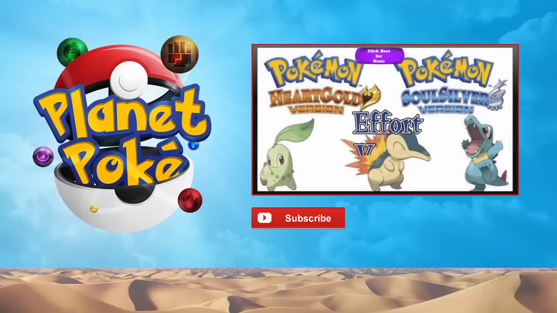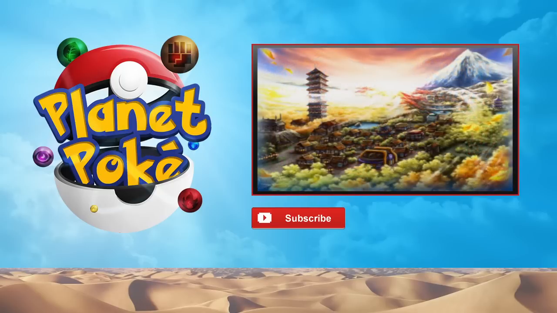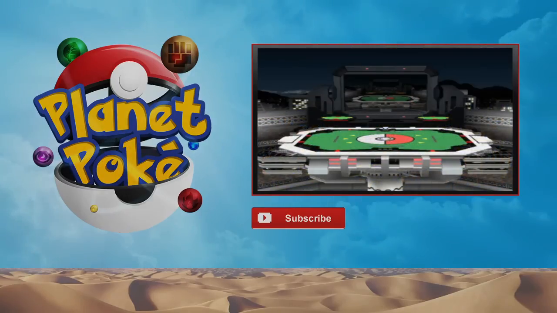Hello everyone, welcome to my Heart Gold Soul Silver EV training guide. This is the introduction in which we will discuss what the heck is effort value training anyway. Well, here's a great comparison to make you realize the importance of these things, these hidden stats that Nintendo will not let you know about. Have you ever versed a friend